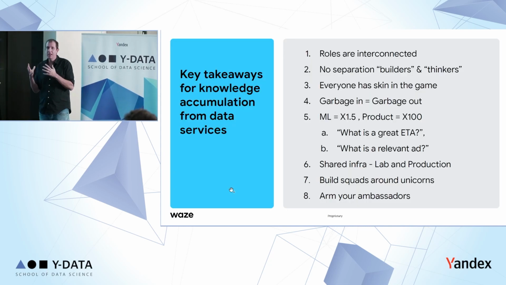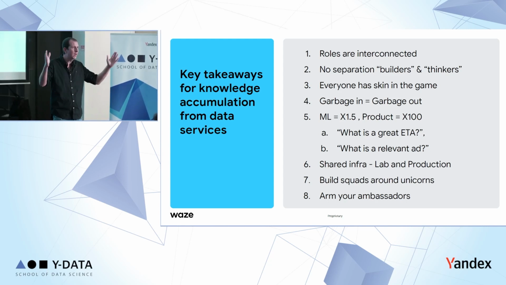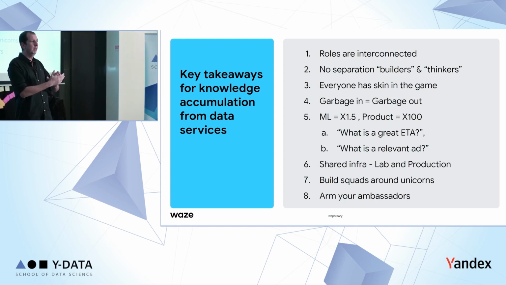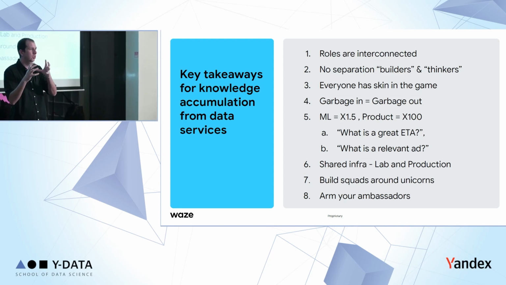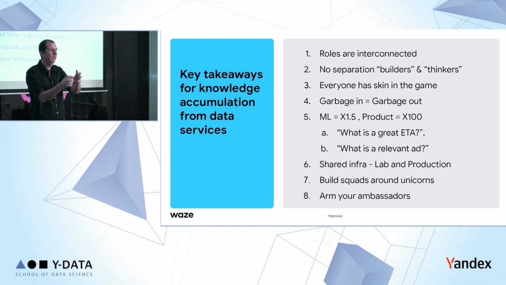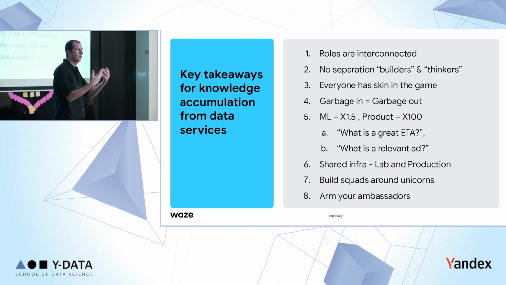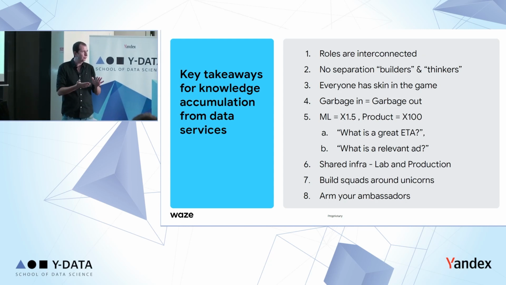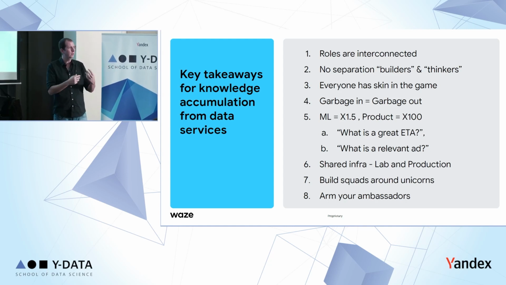Okay, so just a few takeaways. But again, the idea is that everyone does everything. If I need to summarize the table that I showed you, everyone does a different mix of everything. Nobody just says, I'm a thinker, I'm building deep learning models and then passing them to a machine learning operations engineer that would put this in production, and later it will pass to a product analyst who will interpret the results and will tell us what our users feel and experience based on the new algorithm. It doesn't work like this. We have a mixture of all the different skill sets and the roles in each one of the Avengers.